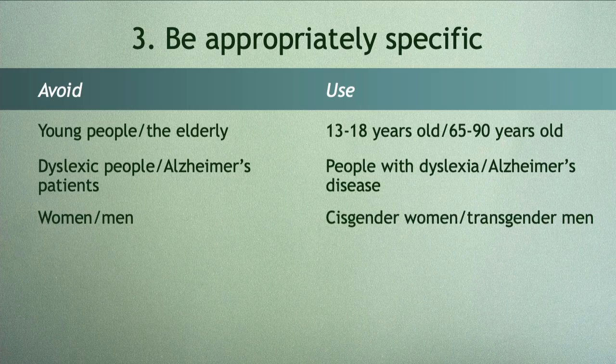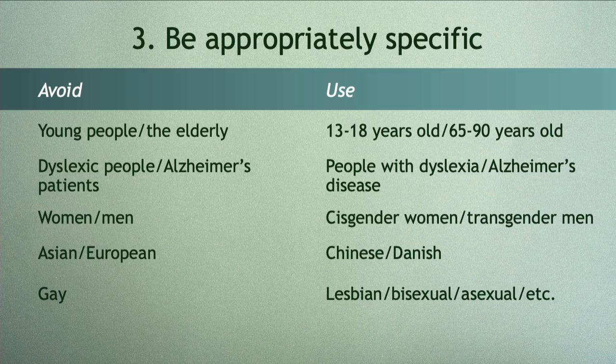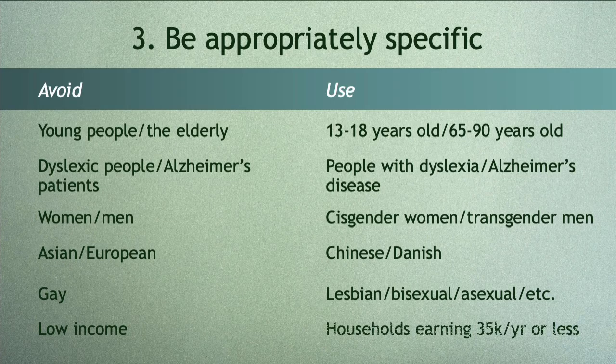When focusing on gender, be specific. For example, cisgender women, transgender men, non-binary people. If not focusing on gender, use non-gendered terms like people, individuals, participants, etc. Nation or region of origin is more specific when writing about racial or ethnic groups. Chinese American is more specific than Asian American, for example. When writing about sexual orientation, use specific terms for orientations, like lesbian, bisexual, etc., instead of a blanket term like gay.